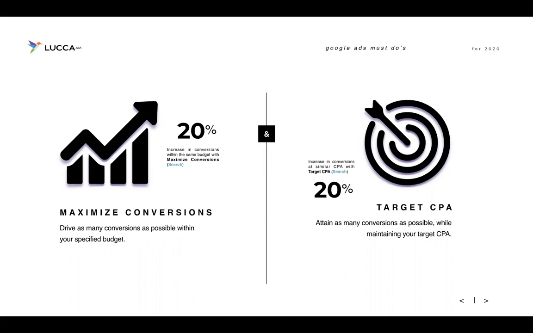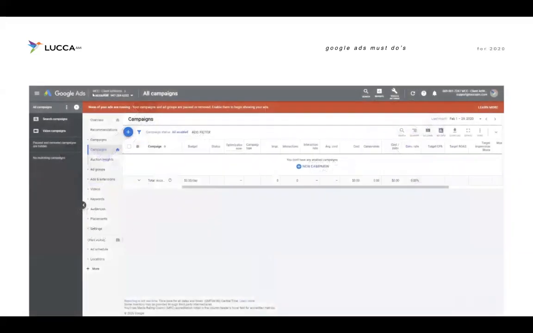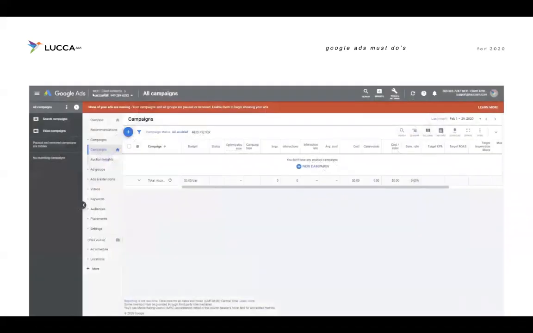So now that we have a general idea that we want to make sure that we're maximizing conversions to start off, making sure that stays there for a minimum 6 months to a year, and know that we can revitalize the strategy to target CPA after that, we want to take you through a live Google Ads account to show you exactly how to do this. Yeah, so we're jumping into just a blanket dashboard just to kind of show you what that looks like